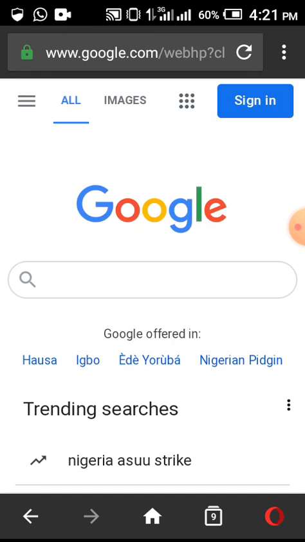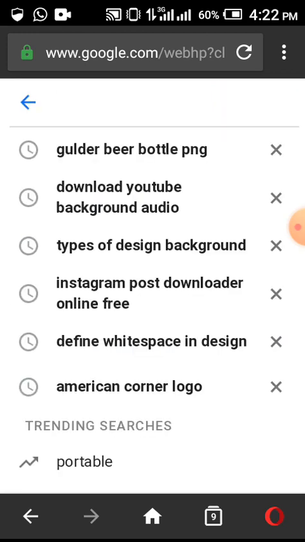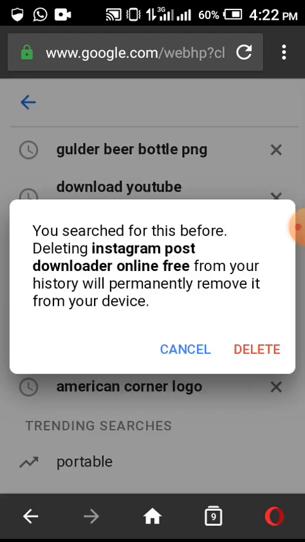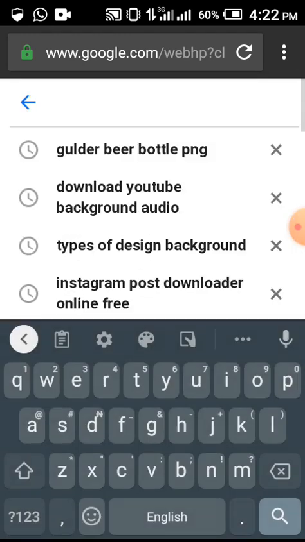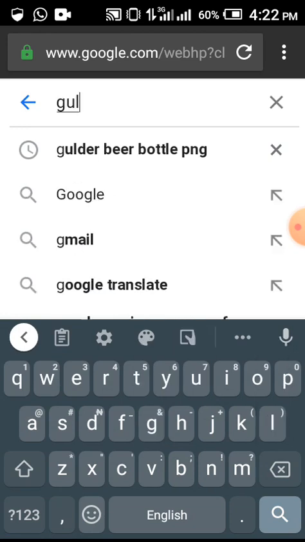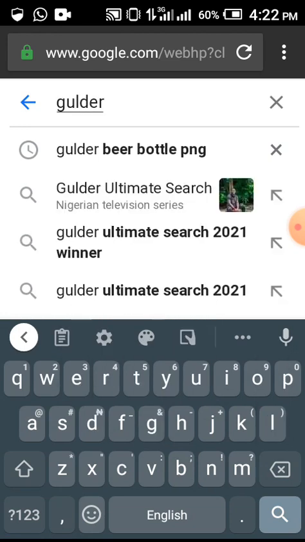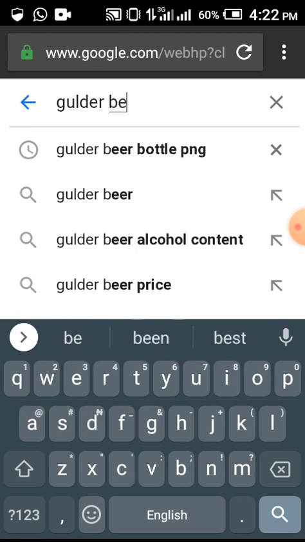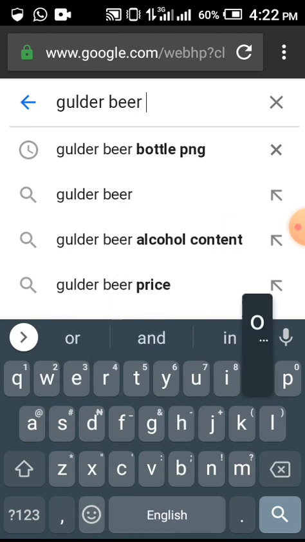I'll just open my Google and search, let's say, Gouda beer bottle